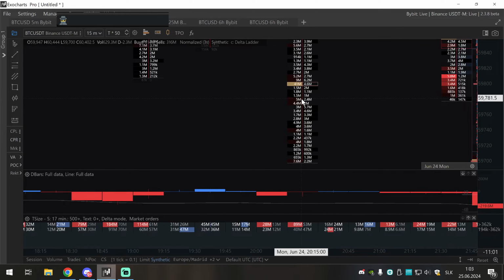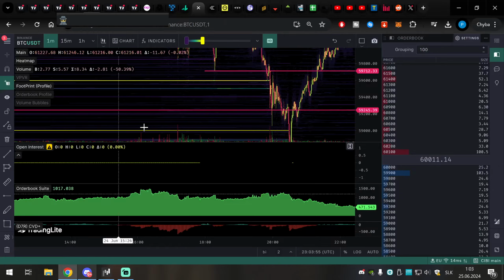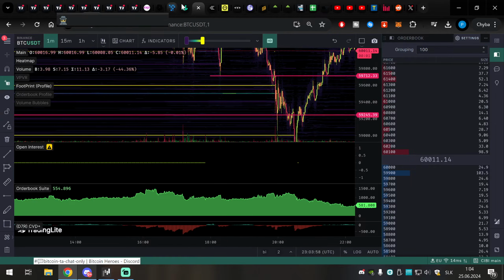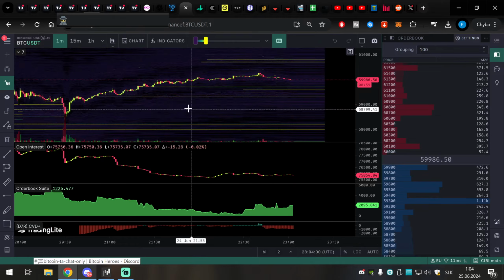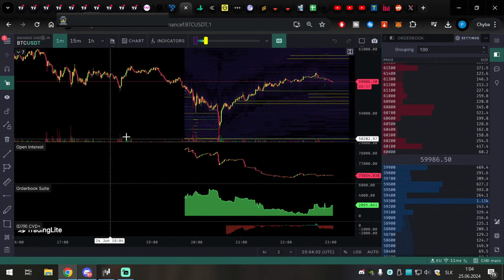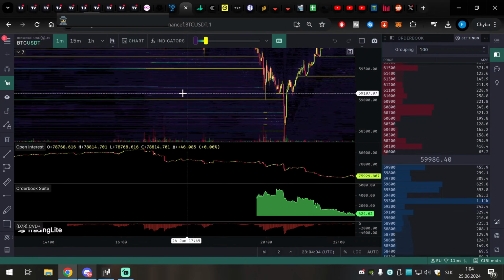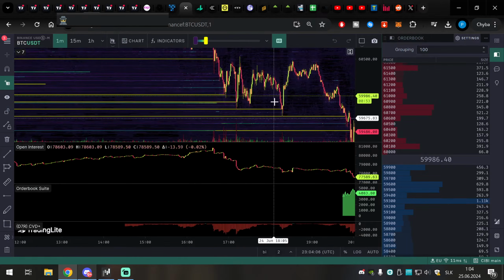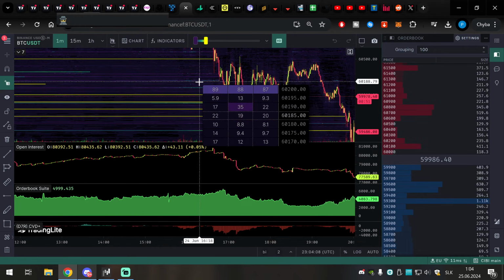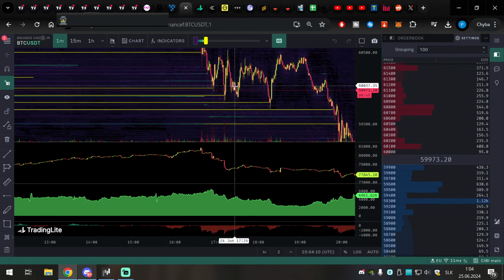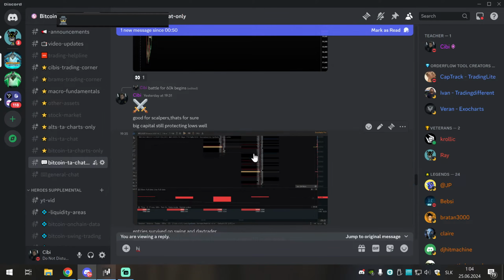Look here, this was the swing failure pattern. Another huge wall was taken. So it's not just coming out of nowhere. When we go to here, we need to go here. Very, very juicy area, heavily defended with tens of millions in each wall. Super juicy trading for me.